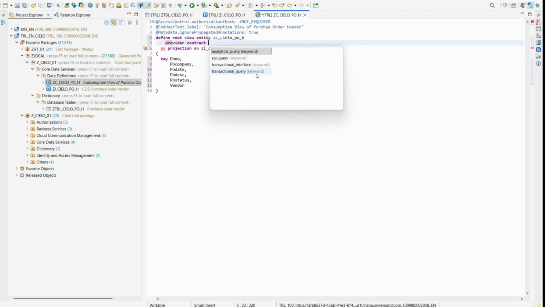What are these? I will describe them in detail. But as a quick description, transactional query means